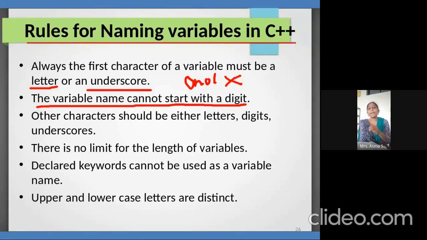So uppercase and lowercase are distinct. So I can say it is a case sensitive language, because if I write variable a in a small letter and capital A, it is able to identify this is different, this is different. So always remember, if we write small letter a somewhere and you are accessing it with the capital letter, it will generate a syntax error. समजलं का? Like an example: I'm writing int a. So this a is not equal to this capital A.